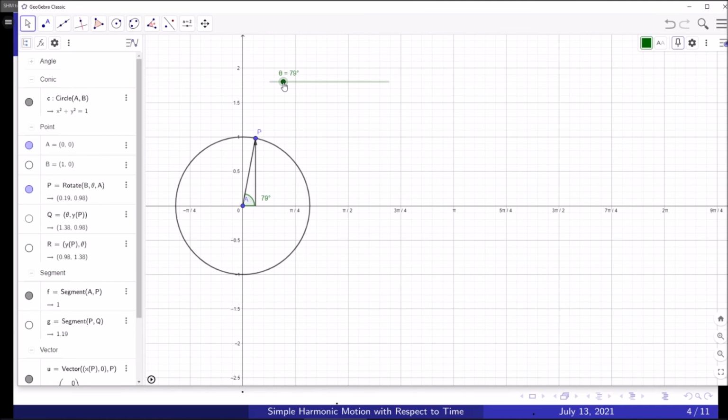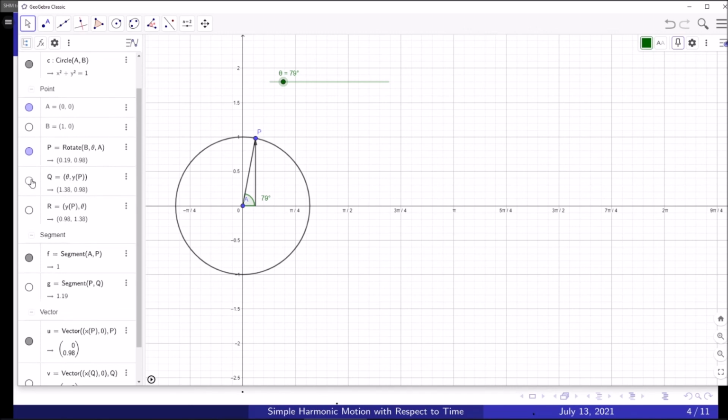Now, what would happen if we only look at the vertical component? Let's look at a second point, Q, which is dependent on P for its vertical component. So as P increases, Q increases. But at the same time, the horizontal component of Q is the angle here. So rather than having a cyclic motion going through a circle, we laid the angle flat,